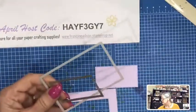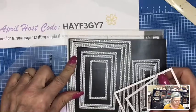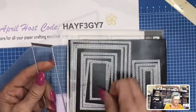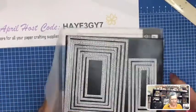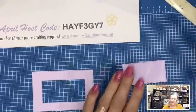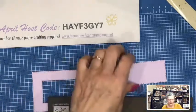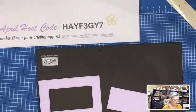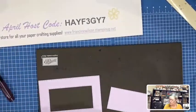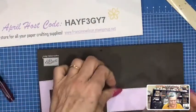So what I did was I used the 1, 2, 3, fourth one in and the sixth one in. Okay, so I'm sticking with using that. Okay, so our sentiment is treat yourself. And we need the blackberry blitz. Oh, no, we're gonna do terracotta. Terracotta. And we're going to